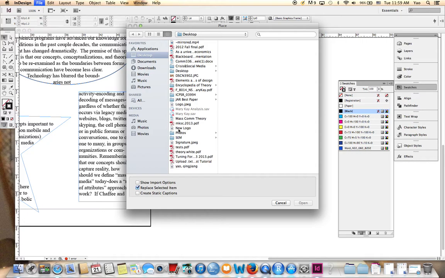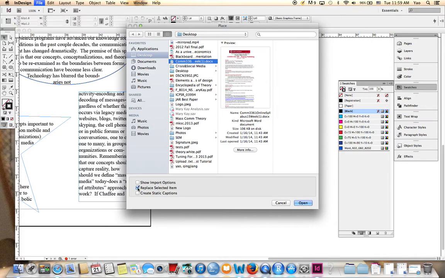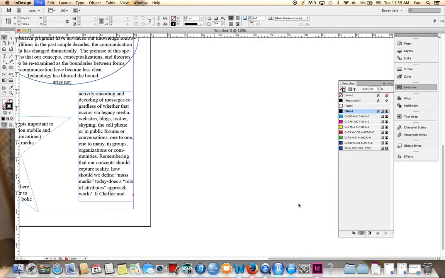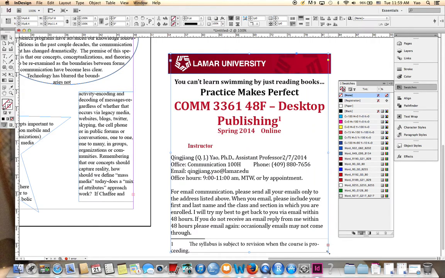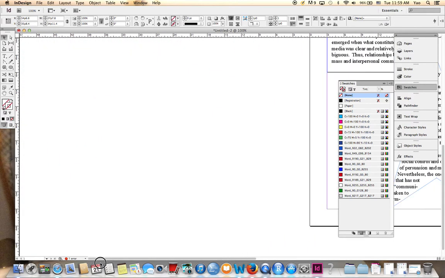Select the text. This time we're going to use this syllabus as an example. So, okay, make sure you uncheck this thing. Open it. So we have some text right now. You can simply click and drag. Don't release your mouse. Click and drag a text frame, and then text will be automatically put into that text frame. Or you can simply Command D,